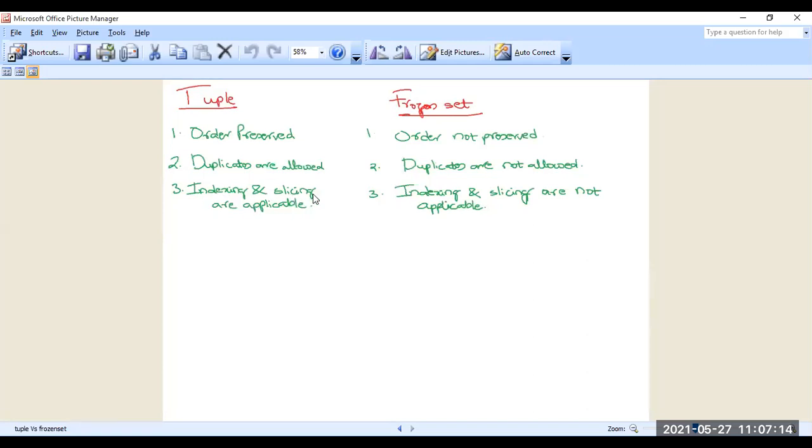So indexing and slicing are applicable over tuple and list objects. But for set and frozen set, indexing and slicing are not applicable. Please remember these points. Can we use indexing over a frozen set or set? No, sir. It is not possible. So we cannot apply indexing and slicing upon the frozen set.